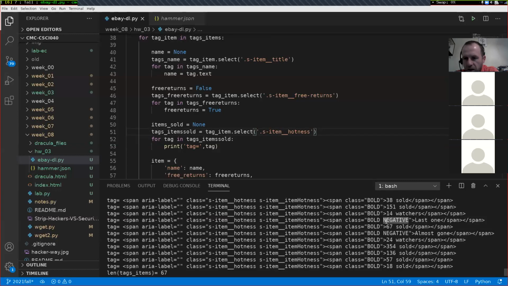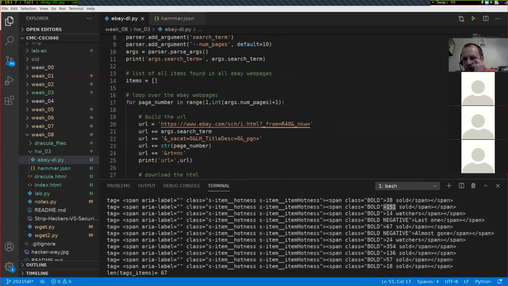Maybe I could write a complicated CSS selector that selects things that do not contain this tag, but that still leaves me the problem of this right here. There's no way just from these tags to differentiate between 14 watchers and 151 sold. So what I'm going to do is continue using this as my CSS selector, but I'm going to